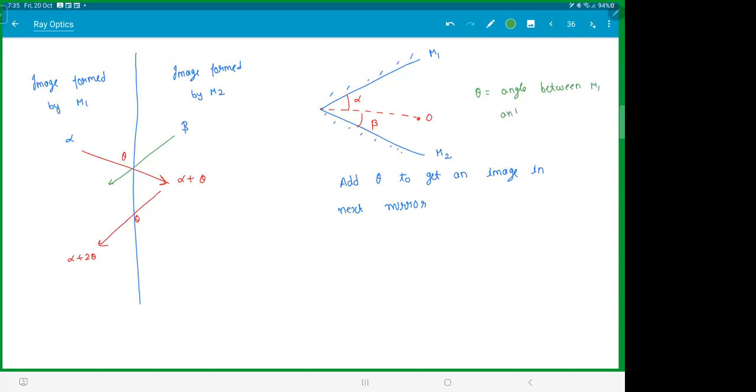There's alpha plus beta basically. So then this guy will become beta plus theta. That means the first image formed by O in M2 will be at an angle of beta plus theta. Then again, this would be beta plus 2 theta. You keep doing this. You keep on doing this till you get an alpha final,